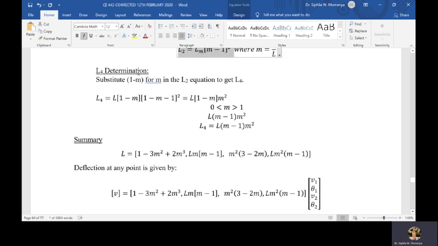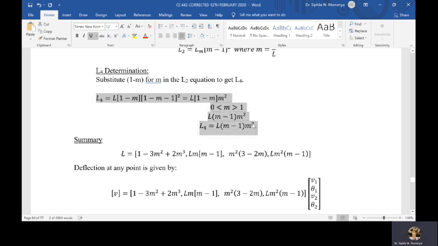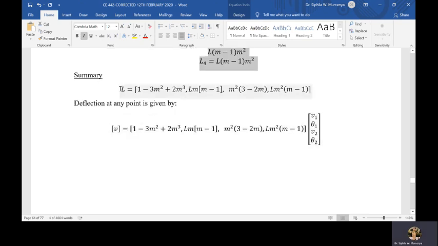So have a look at that also, and we can similarly determine our value of L4 by substituting 1 minus m for m in the above equation, and hence we can get our shape value of L4. So in summary, then we have our equation L can be written as a matrix equation given as